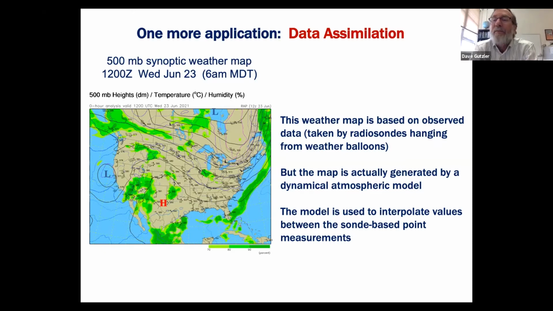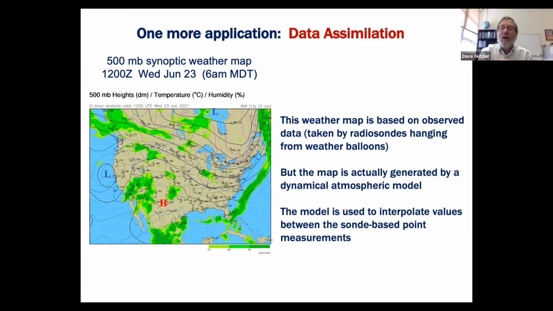And in part, and I'll just leave it at this, the reason that the weather forecast models are so good at getting started with today's weather to use as a start for that model is because of this data assimilation process, which is an improved way of taking observations and interpolating the observations onto really fine grid cells using the model itself.